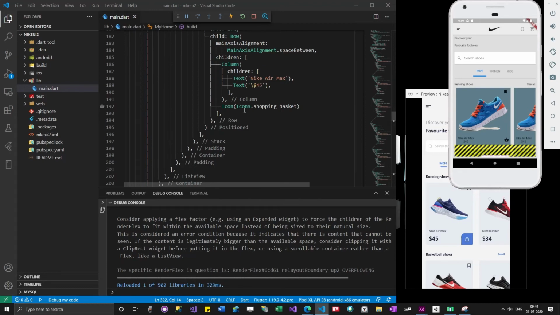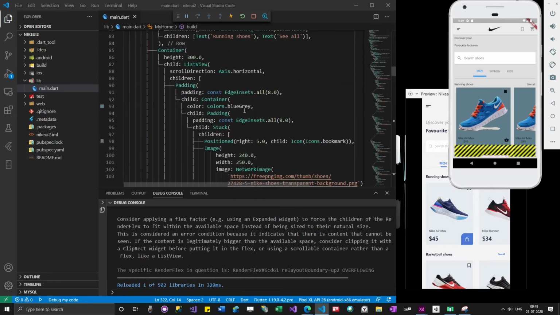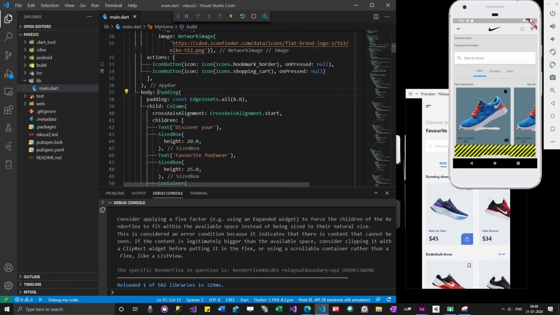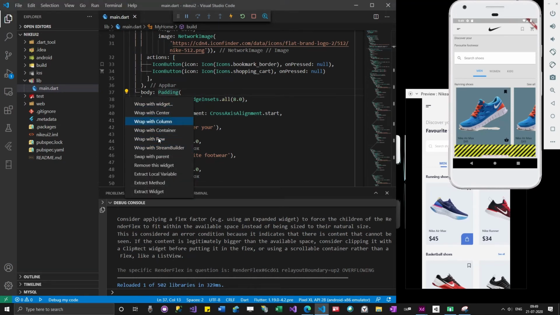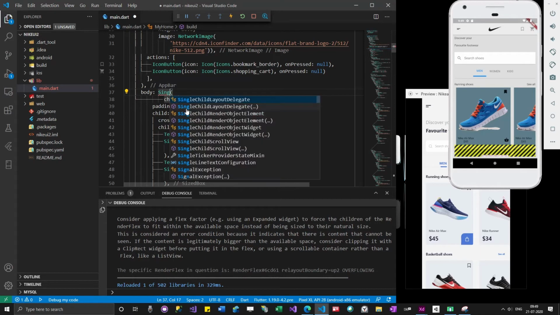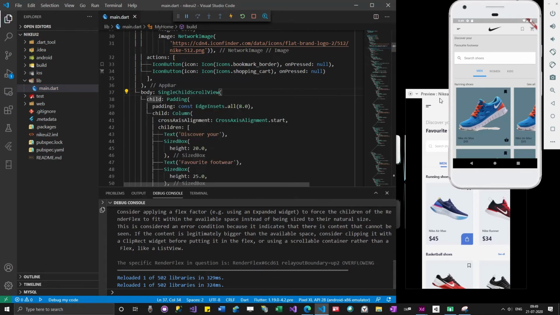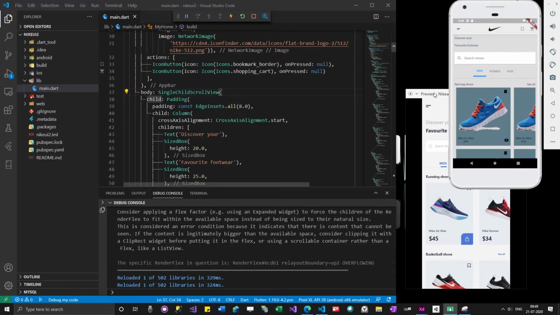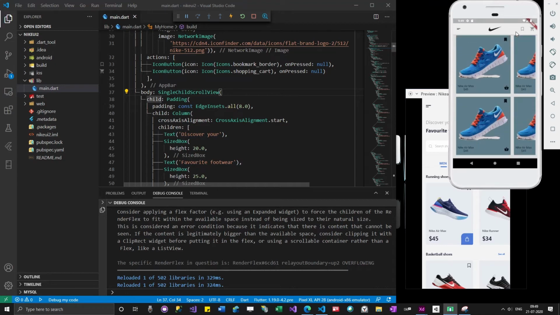We have to add something on top of everything, at the top of the body. We have to wrap inside some widget. Single child scroll view is something we should use. You can actually try to fix it with list view also. I think probably it will work. So now everything is working fine.